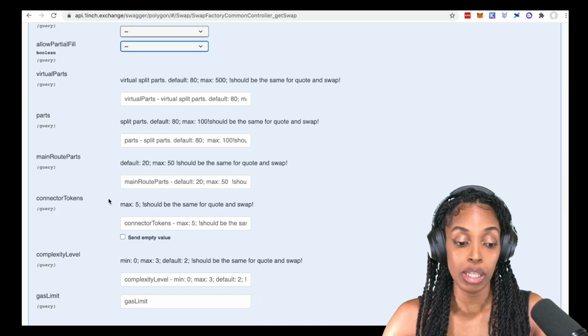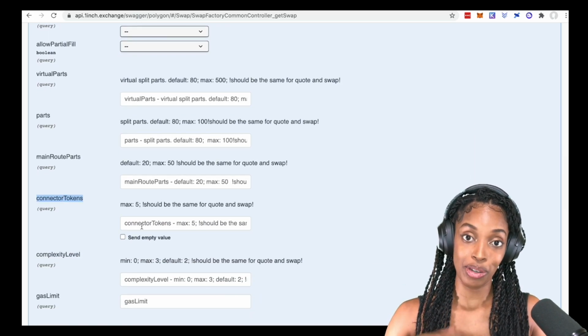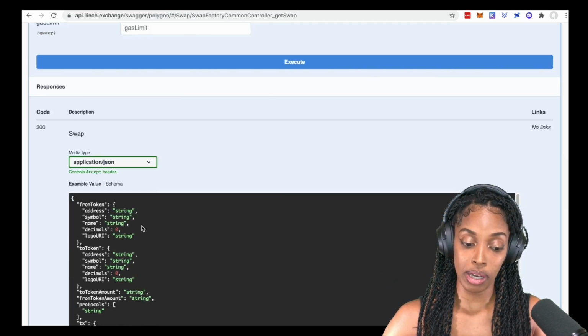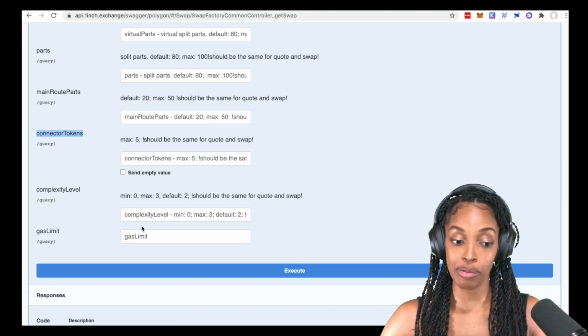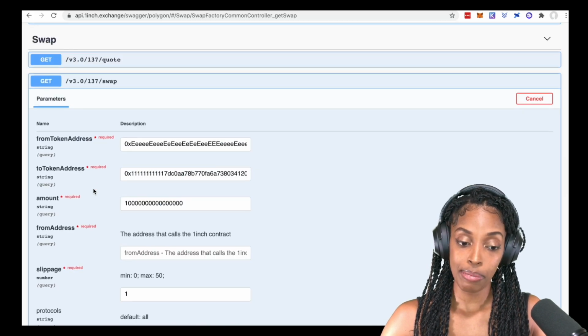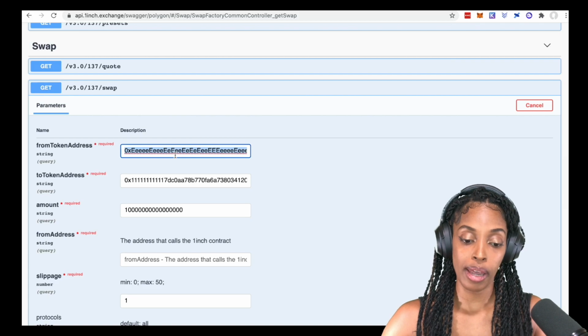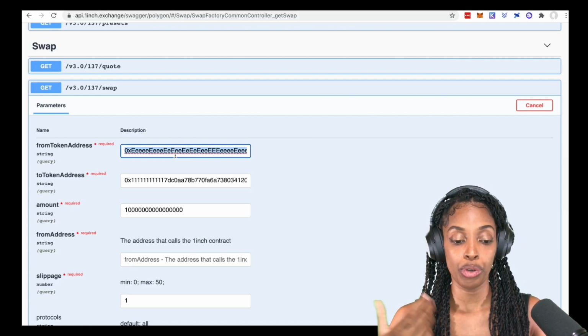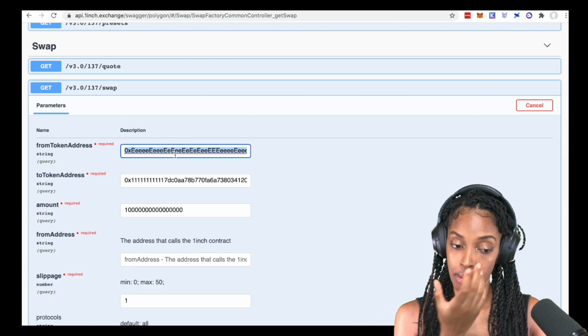You can actually even specify which tokens you would like to use for your route, because when you swap tokens, it could actually go through a bunch of other tokens. So you can specify those tokens if you wanted to. And that's about it. So if you are swapping from Matic to USDC or Matic to DAI, for example, one